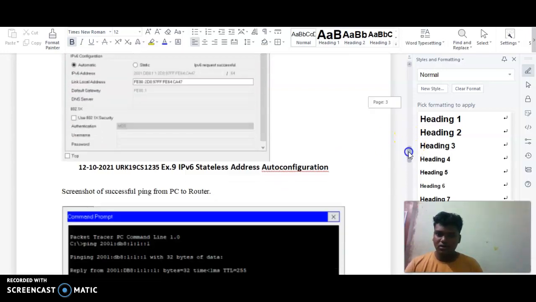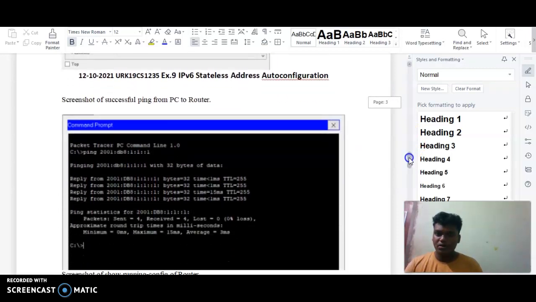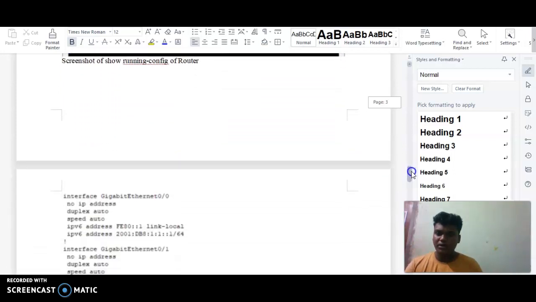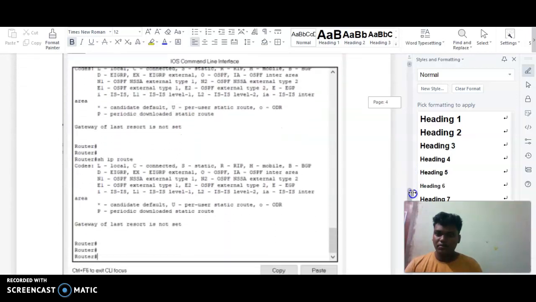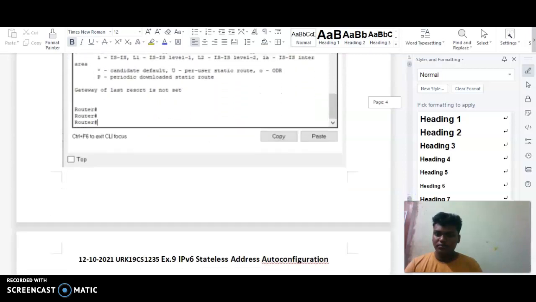This is the output of the topology. Now the screenshot of the ping from PC to router. Screenshot of showing running configurations of router, and screenshot of routing table. Gateway of last resort is not set